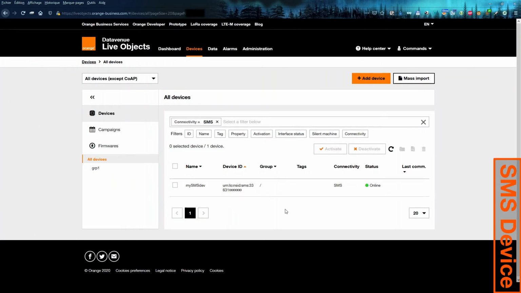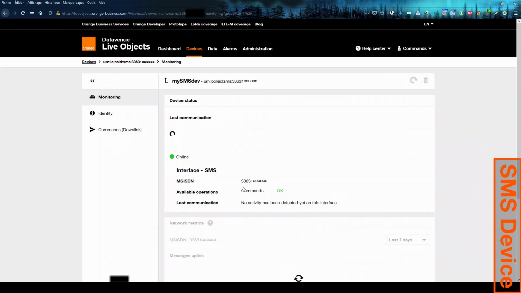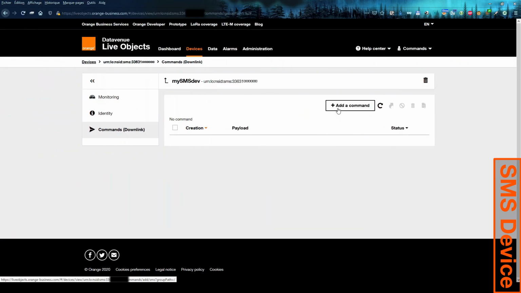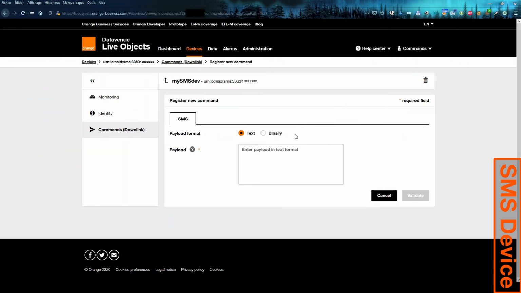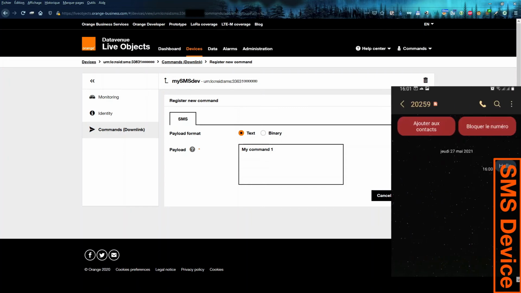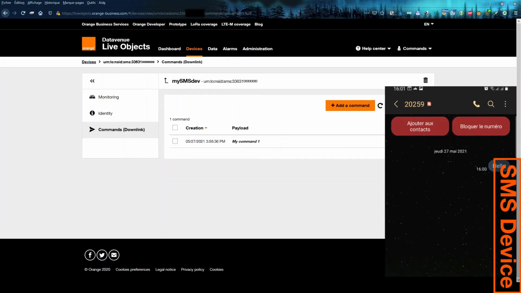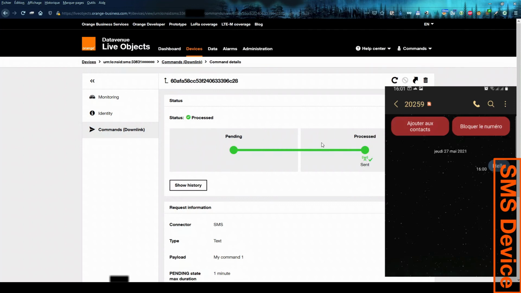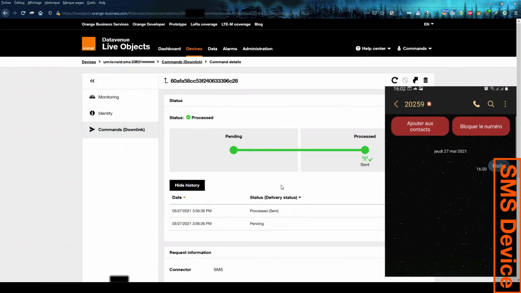I am switching now to SMS devices. I have created an SMS device with my phone number. I will add a command. I could send text or binary, but my phone would only display text messages. So let's send a command. It's been processed and received.